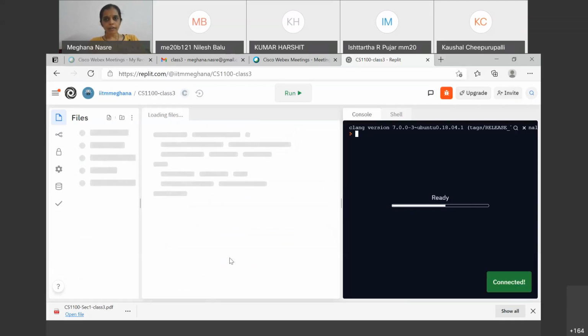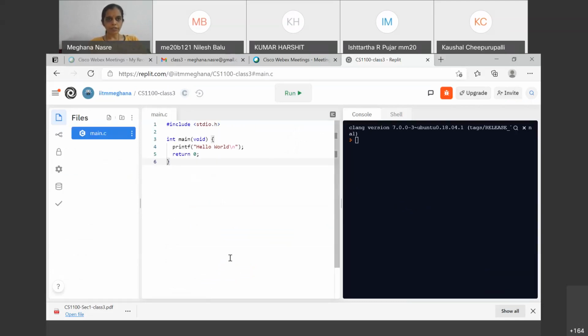So this is going to create something which will show up on the screen, and it is very similar to what I have shown you in the program. It already gives me a template of a simple C program in this platform. The name of this C program is main.c. It is typical to give the extension as .c. It again has this include stdio.h, int main, and as some of you had pointed out, it has this void, and it has the same structure that we had shown here, except that it is customary to write the first program which will have hello world.